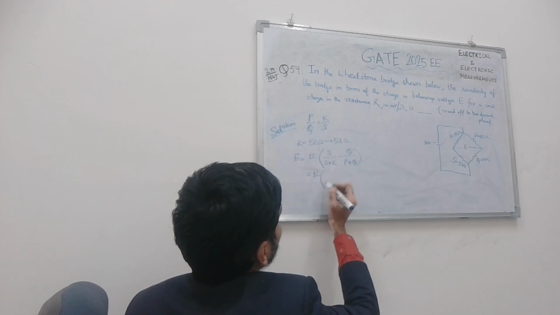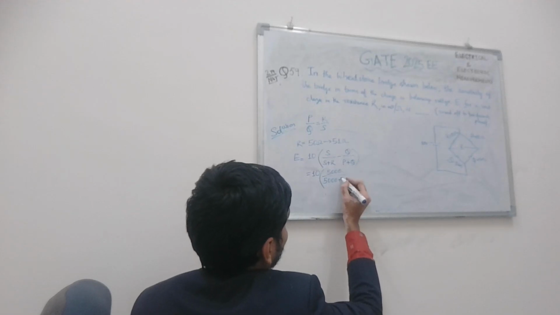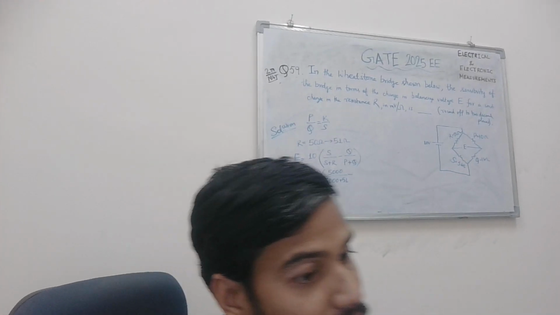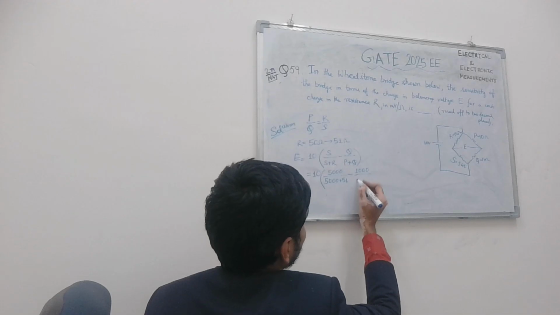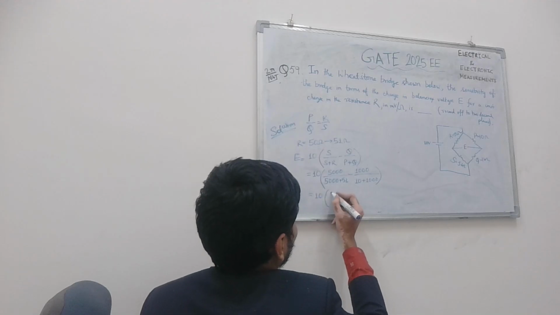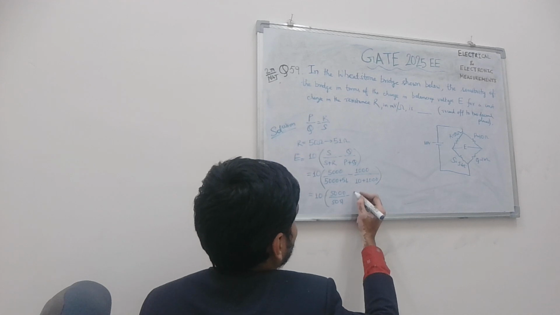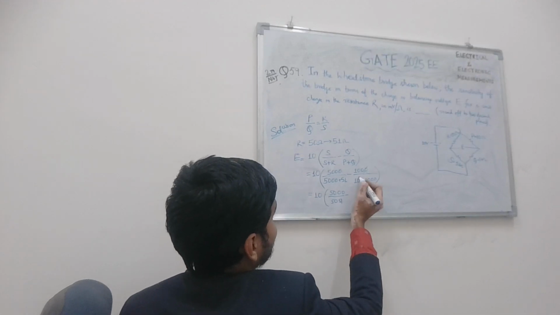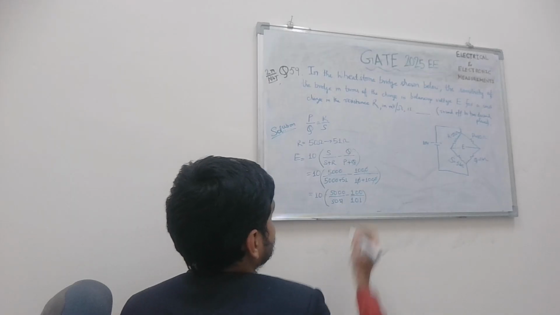So it will basically be 10 into S, unchanged at 5 kilo, that is 5000. R changes to 51, so 5000 plus 51, minus Q upon Q plus P, with Q unchanged at 1 kilo, that is 1000 ohms, and P unchanged at 10 ohms. So it will be nothing but 5000 by 5051 minus 1000 by, so zeros cancel here, so it will be 100 upon 101.